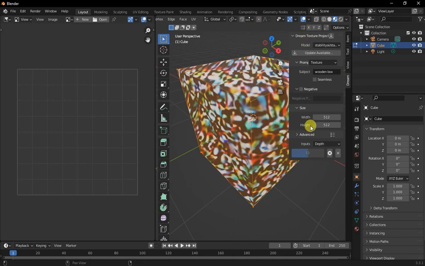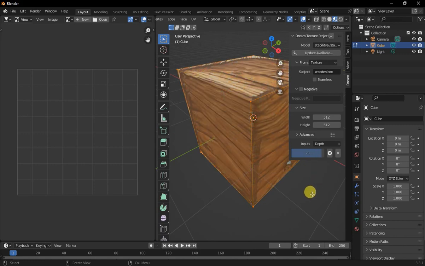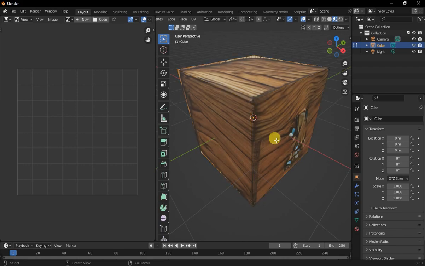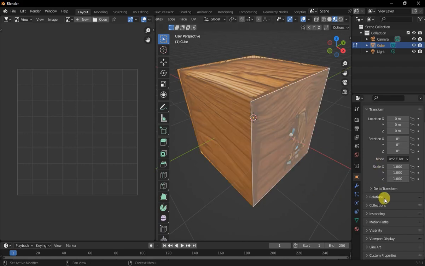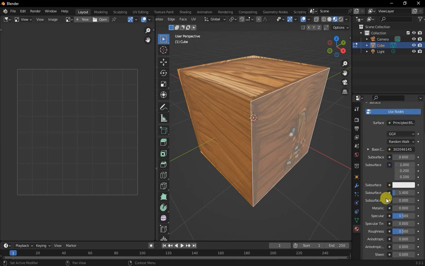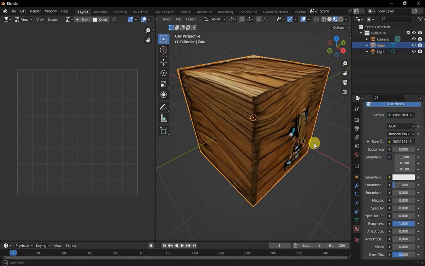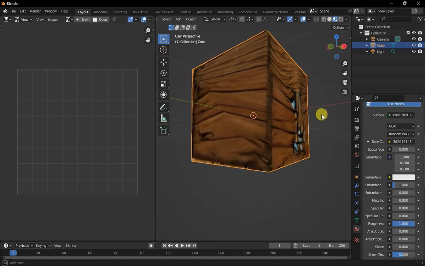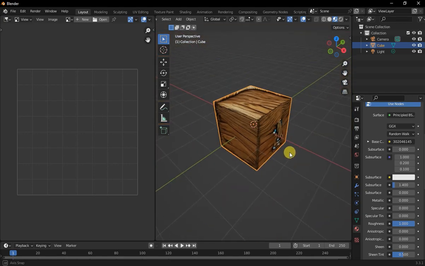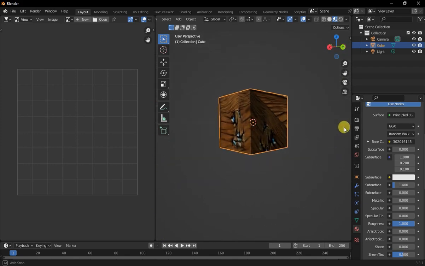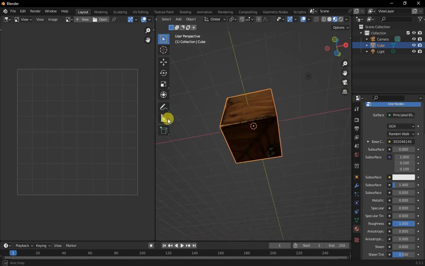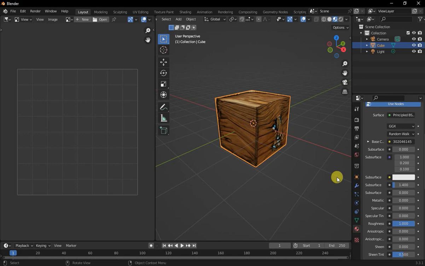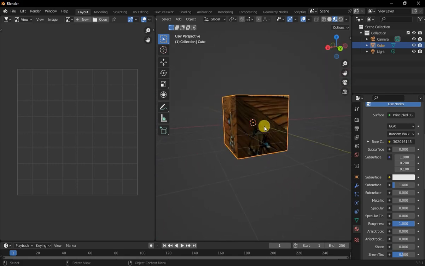You see the bar down here moving. And now when you press N, let's make sure that we go to the material, and I like to take off the shininess so you can see it better. And now you can take a look at it, you try to make a box. Now the other side's not going to look as good because it generated from this angle, but since it's a box, what you could do is